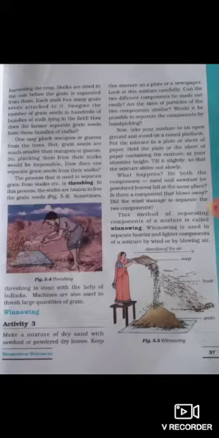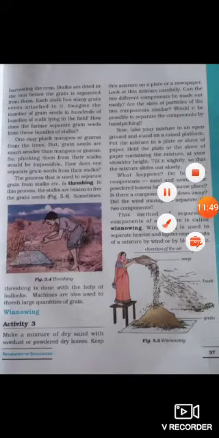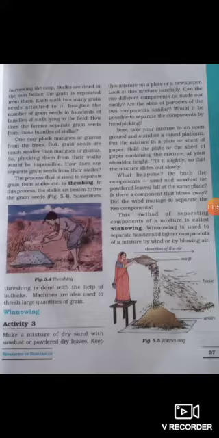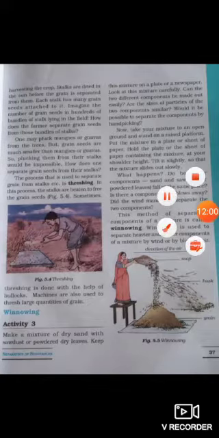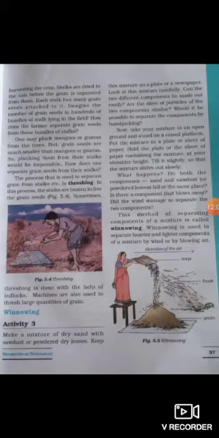This is the brown covering. So now you know what winnowing is. Winnowing is a method of separation which is used to separate heavier and lighter components of a mixture by wind or by blowing air. Understood? It is used by farmers to separate husk from grain. I will make you understand this. We will understand winnowing with the help of the diagram.